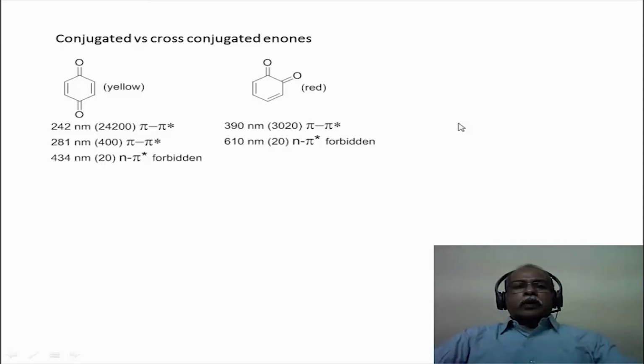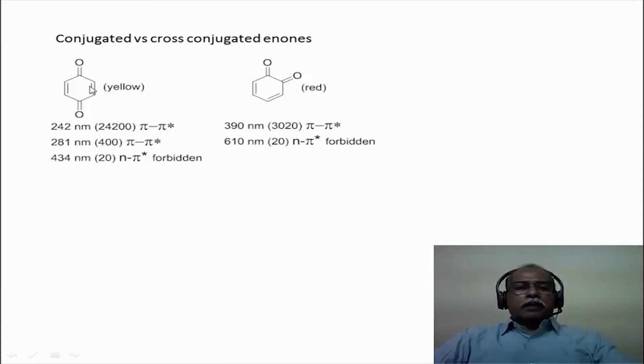Now, there are two types of quinones available. This is orthobenzoquinone and this is parabenzoquinone. Fundamentally, they are different in their conjugation properties. If you look at the orthobenzoquinone, the two carbonyl functional groups are conjugated to each other, and so is the carbon-carbon double bond. In other words, there is a through conjugation of the system in this particular case.